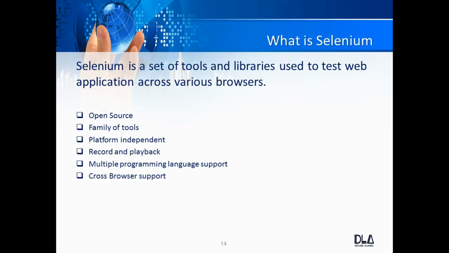The cross browser, another benefit is the cross browser support, right? So in case you are building a web application which is going to be hosted on the internet, it is really very important for us to test the application at least on all the popular browsers. We can't say that our application will work only on IE, or only on Chrome or Firefox or Safari, right?